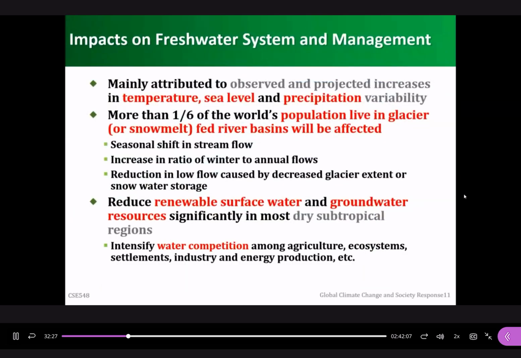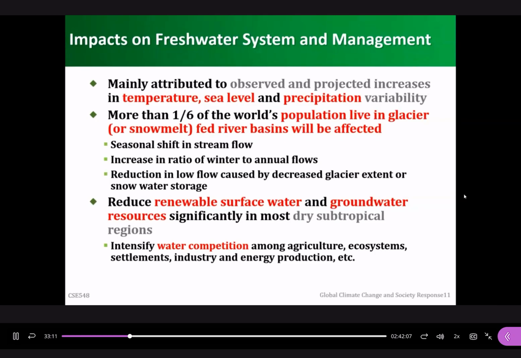Here are some sentences to describe how climate change affects the water cycle, and the water cycle will affect our natural system and our human society. So we can see the first one is about the climate change will cause the temperature increase. Sea level rise is caused because of the temperature increase. It will cause the melting of the glaciers in the mountains or in the Arctic area, so it will cause the sea level rise.